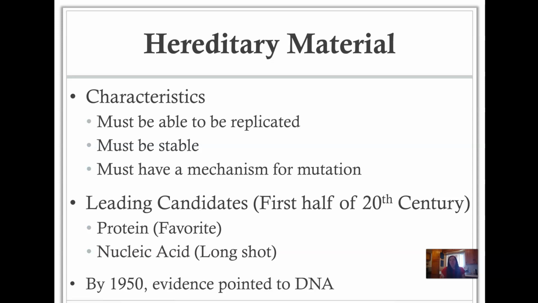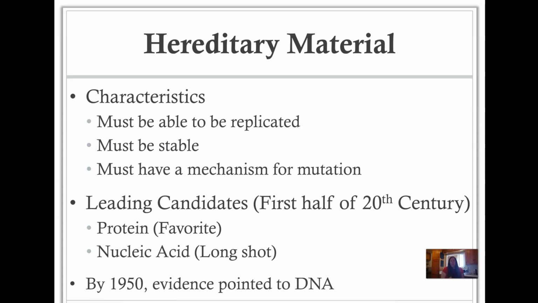Everyone knew on some level about heredity, and they knew that there were rules that applied. Think about Mendelian genetics, the dominance and recessive traits. There had to be some mechanism for that information flow. But scientists didn't know what that molecule was. And most scientists, again, thought it was protein, but they didn't understand how it worked or the mechanism of that